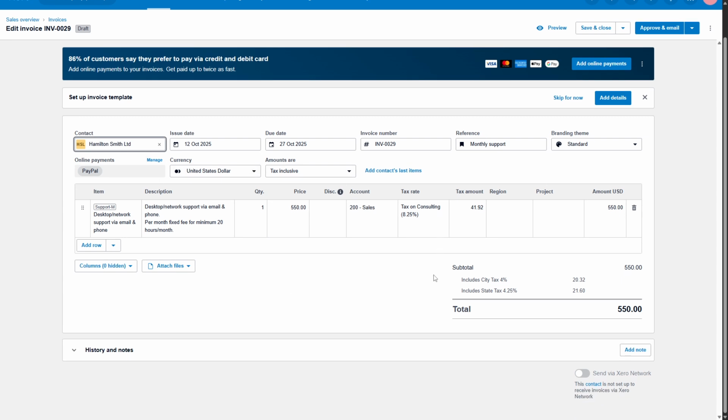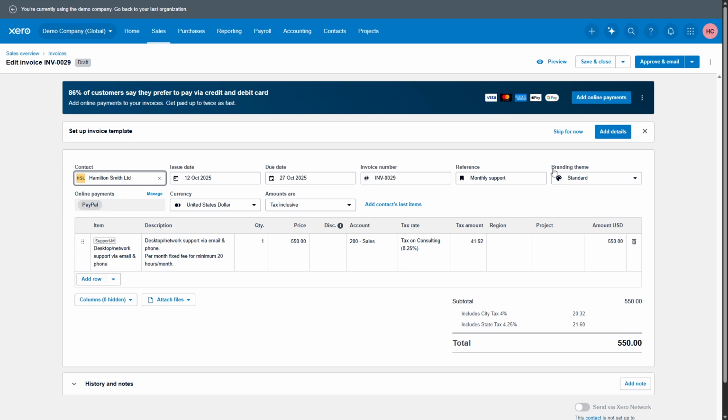Remember, being well-versed in managing your invoices in Xero not only streamlines your financial processes, but also enhances your ability to stay organized. With a little practice, these steps will become second nature, helping you manage your business finances with